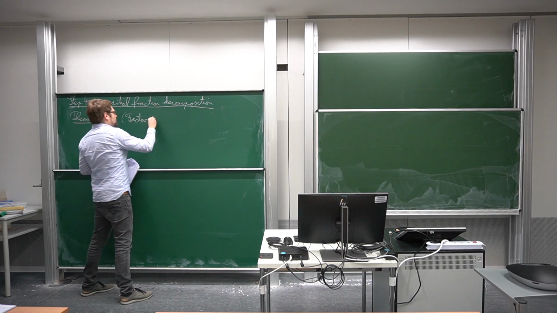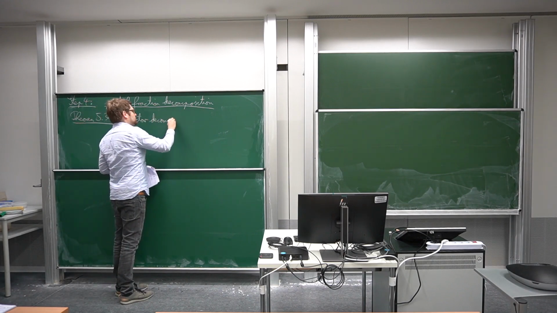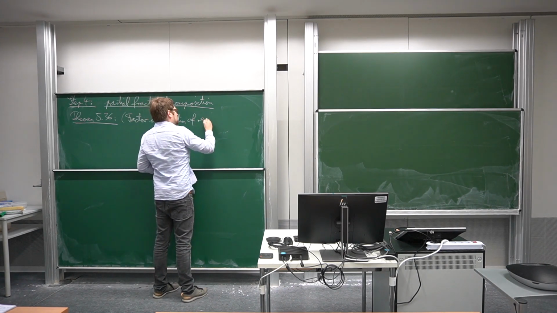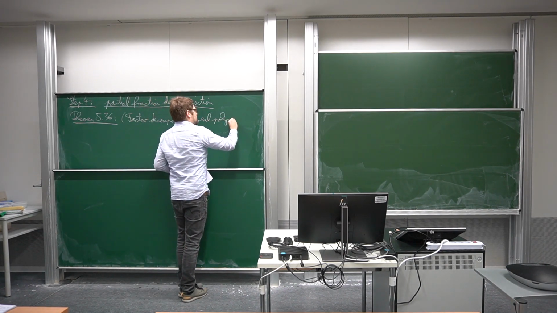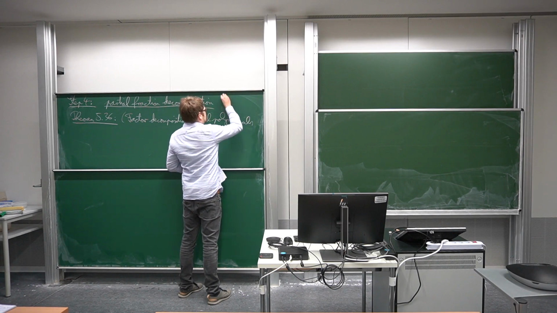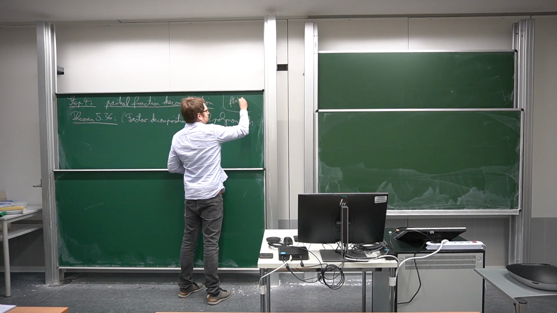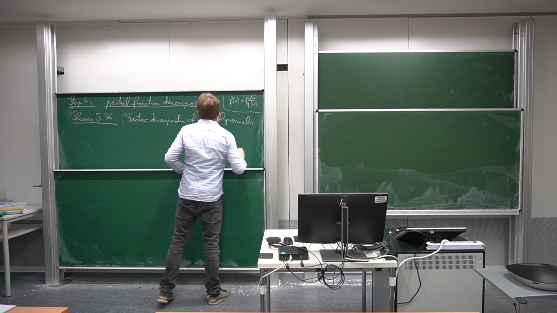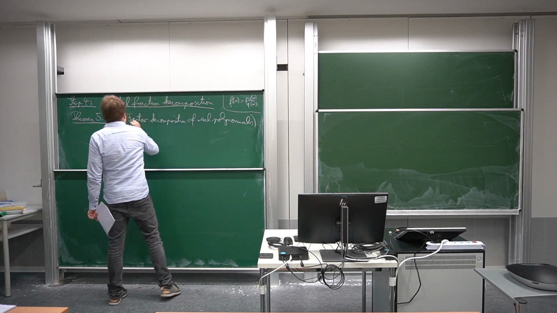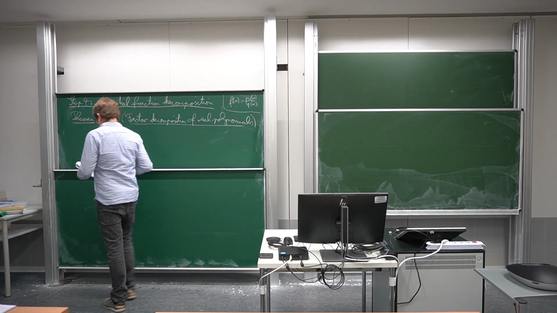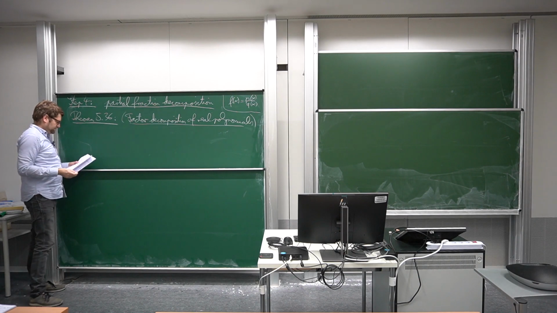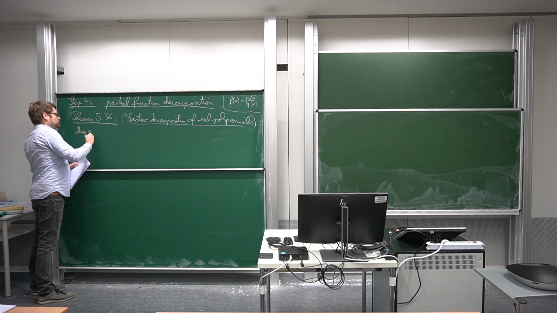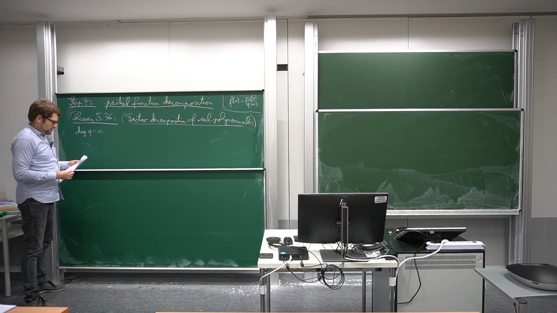And I consider the real case. You could also do this for complex polynomials, then it gets a bit simpler, but I consider real polynomials. So I'm still considering f of x equal to p of x over q of x, now again back in the general case. The factor decomposition now says that if q is an arbitrary real polynomial, so assume that the degree of q is n, then